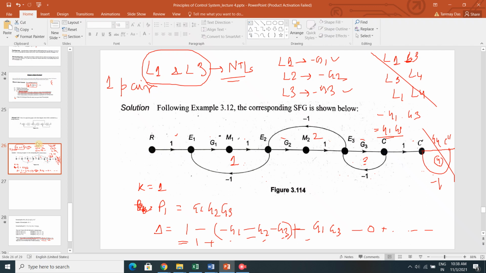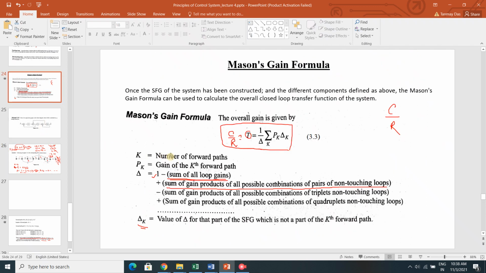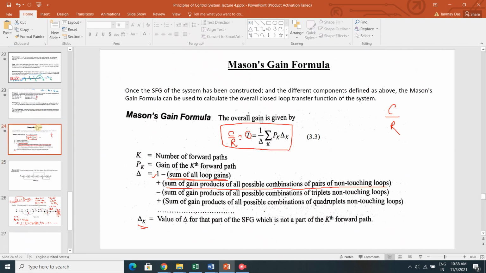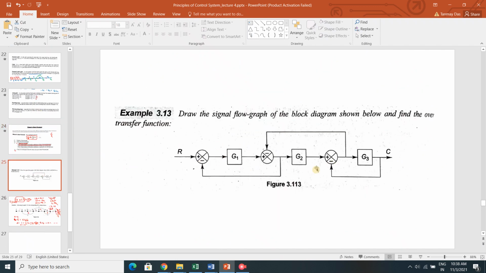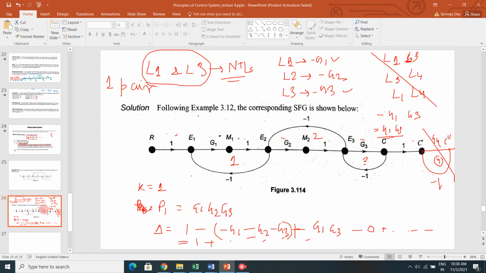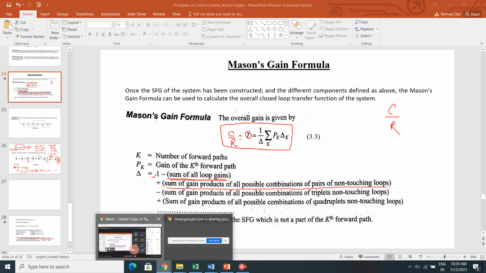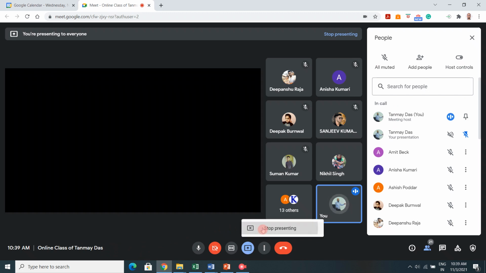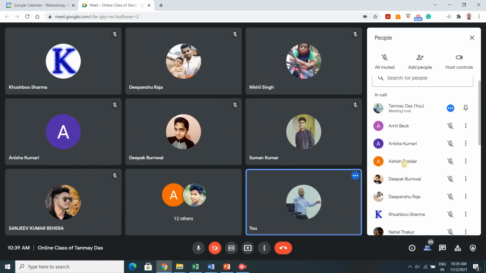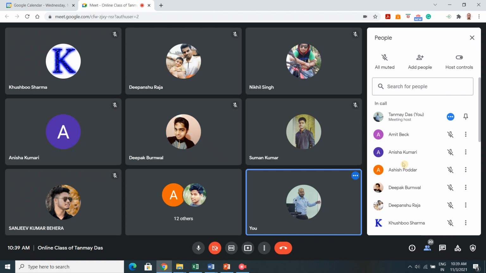Got it? So I think you have got some basic knowledge of Mason's Gain formula and how to calculate the transfer function or evaluate the transfer function. So you can see it is quite easier because इसको अगर block reduction technique में डालेंगे तो बहुत time लग जाएगा, ठीक है ना? तो using this SFG and Mason's Gain formula, we can solve many critical problems of block reduction. You can say transfer function reduction without using block reduction. Okay. So have you understood?